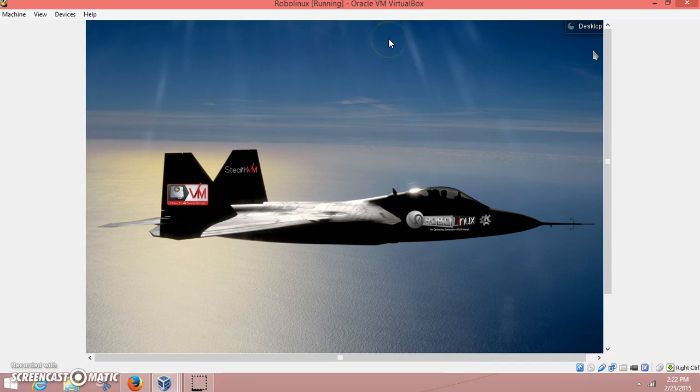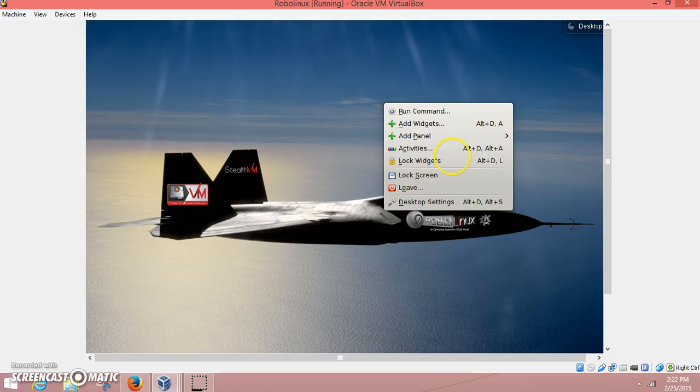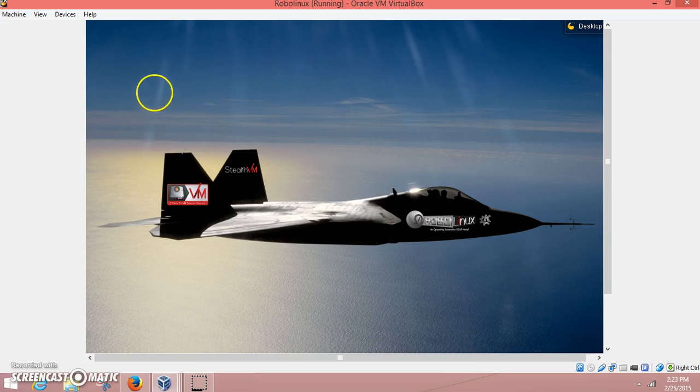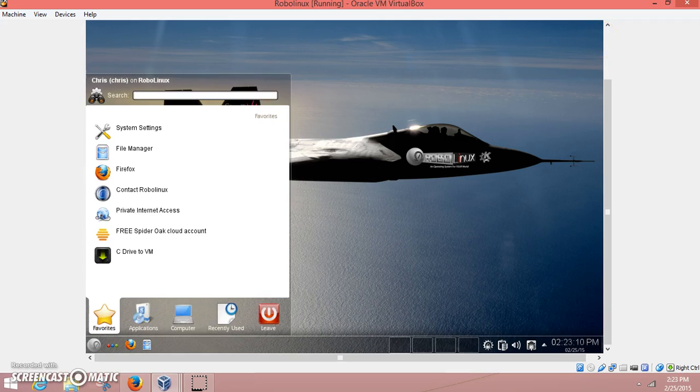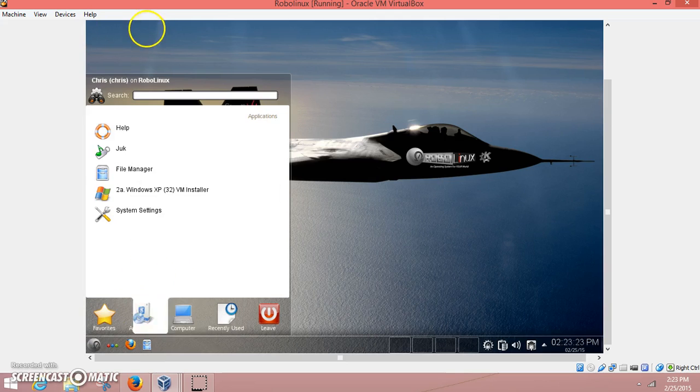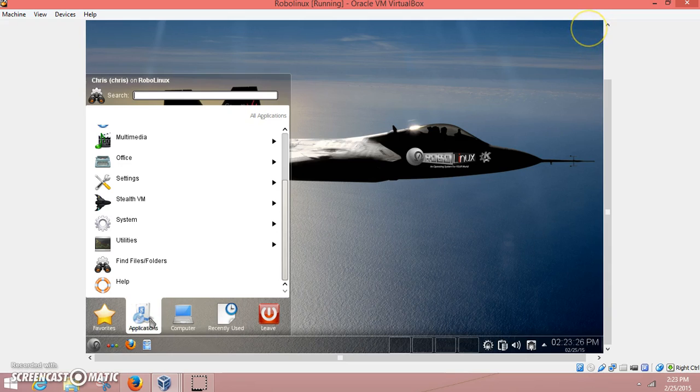One of the things I like about Robo Linux is that it has a menu that is a lot like the Start menu in the older versions of Windows, which is one thing I miss about my computer that has Windows 8.1, that I have no Start menu. If you go under the applications here, you can see that